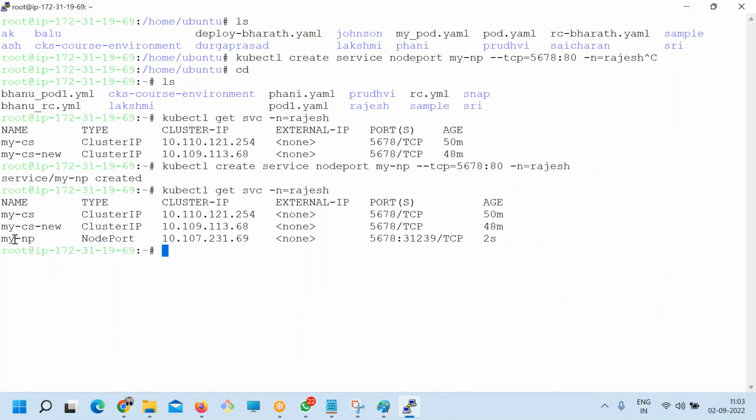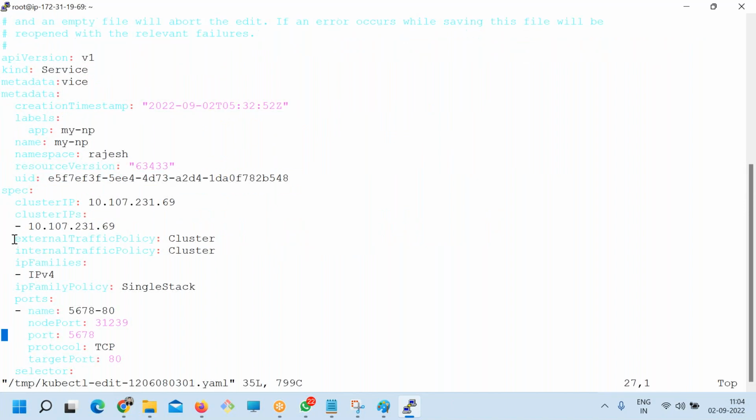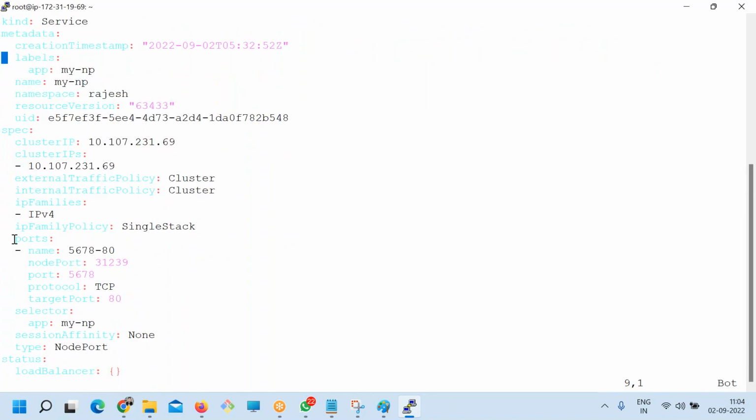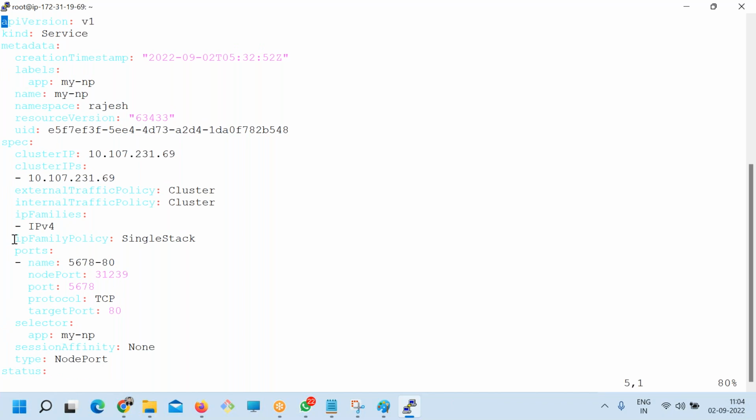Let me show you. So first let me change the label, the selector labels. Edit svc MyNP. And where's the cluster label?